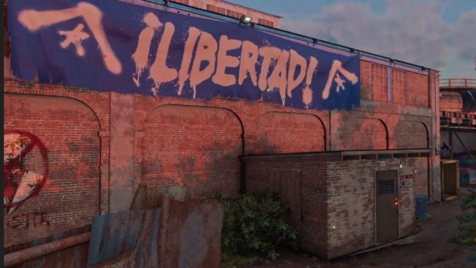I'm not really sure the full context for this, but you can kind of tell that the usage here is a little bit mismatched for what the pieces themselves are. So this piece of emblem might not have been intended to be placed next to this Libertad logo. Just interesting stuff like that to keep an eye out for and train your brain to think about as you're placing graffiti in the world.